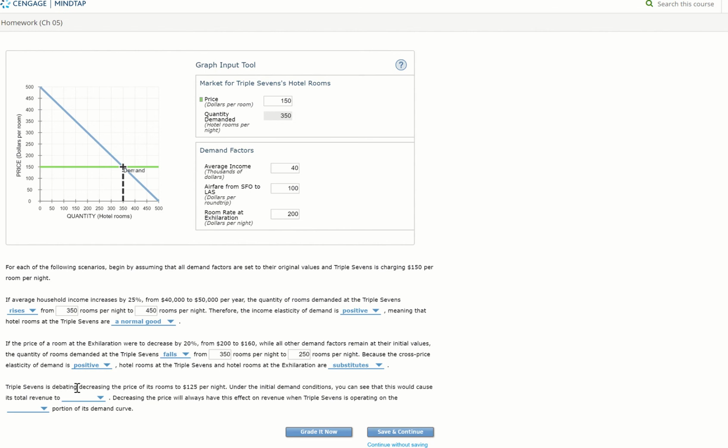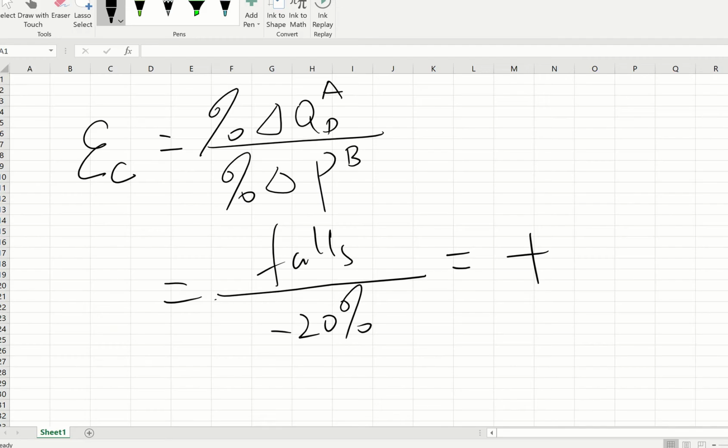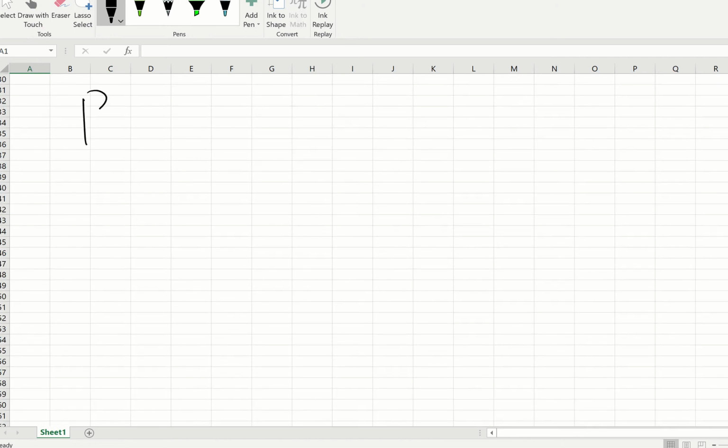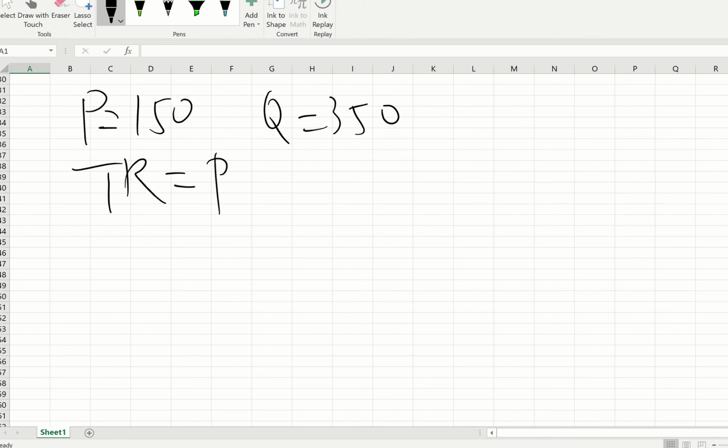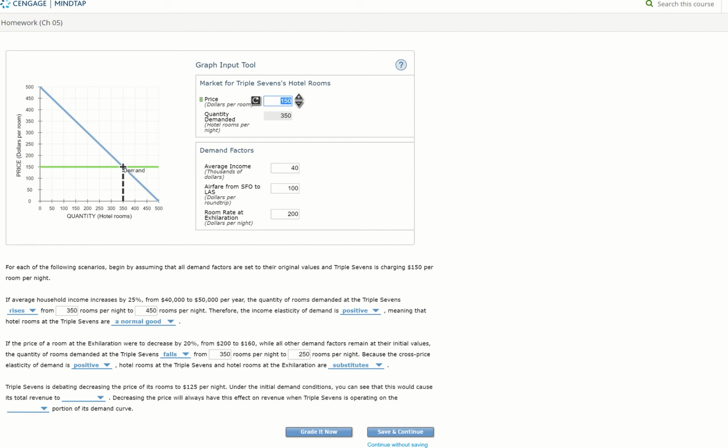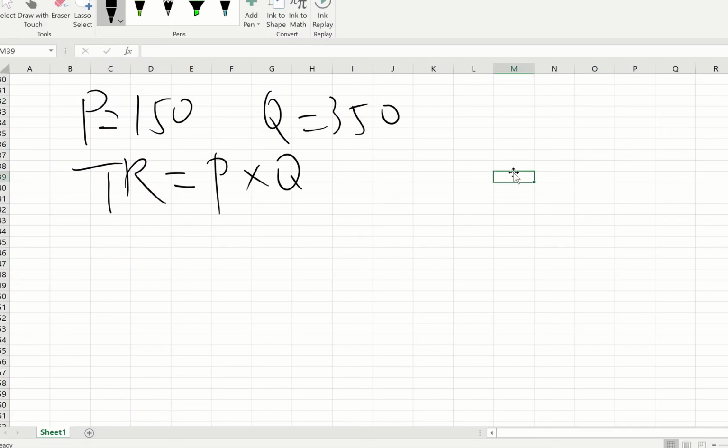So 777 is debating decreasing the price of its room from 125 per night. With the initial condition, you can see this will cause the total revenue to do what? Let's find out how much our total revenue is for now. Total revenue is your price times quantity. Our price right now is 150, quantity right now is 350, and total revenue equals price times quantity, so 150 times 350,